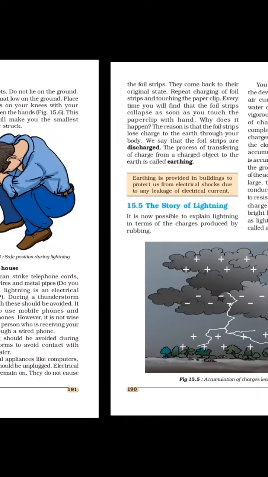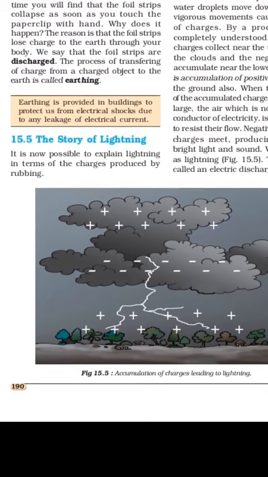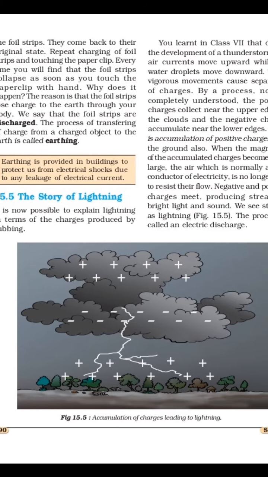Here I will show you. In this picture you can see the uppermost cloud which contains positive charges, the middle, downside, which contains negative charges, and the upper layer of the earth also contains positive charges. That's why it is mentioned here that the process of electric discharge can occur between two or more clouds. Two clouds are there on the upper side; it can occur between these two clouds or between the cloud and earth.